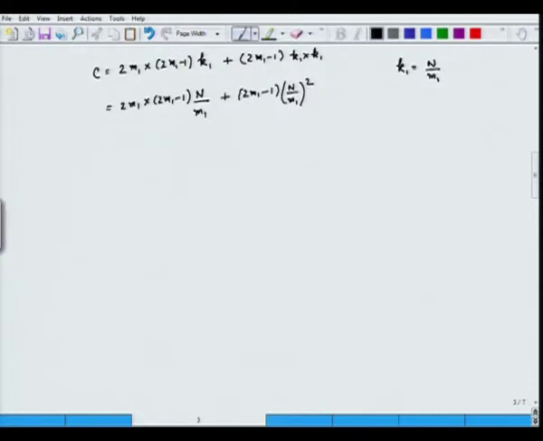We can also actually assume that let m1 be much larger than 1, so that I can now make an approximation: m1 minus 1 can be approximated as m1. This actually will simplify my life. So, approximately the cross points will be now varying as 2m1 into 2m1 into n by m1 plus